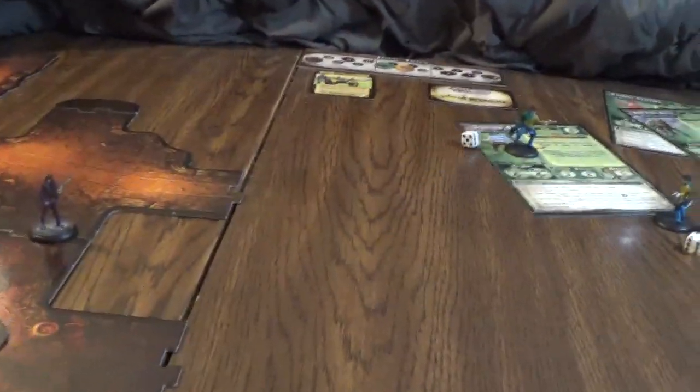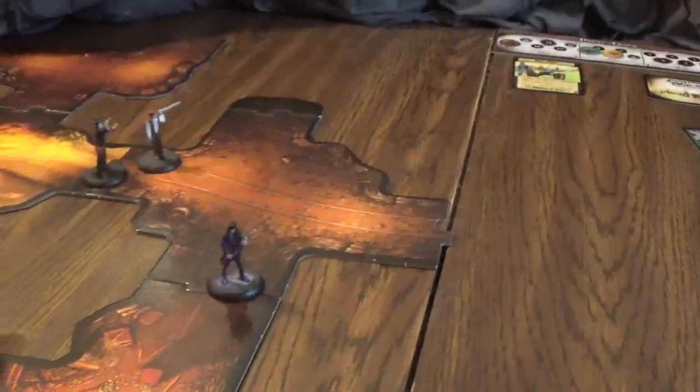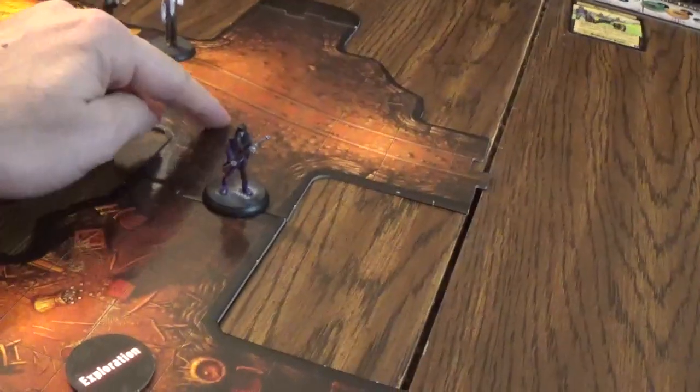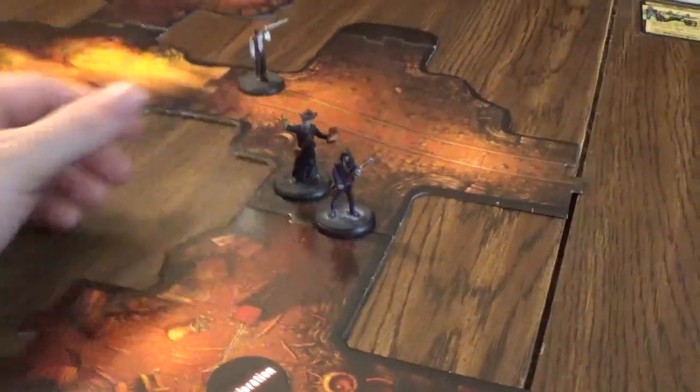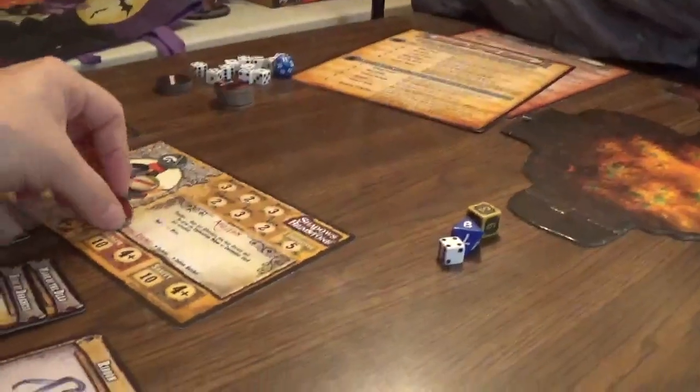See the Marshal. 1, 2, 3, 4. And the Preacher. Who does he need to heal better? 1, 2, 3, 4. Okay, tell you what, we'll put him there. He's going to try a sermon. And he's going to try to... He gets it. And he's going to heal our Indian